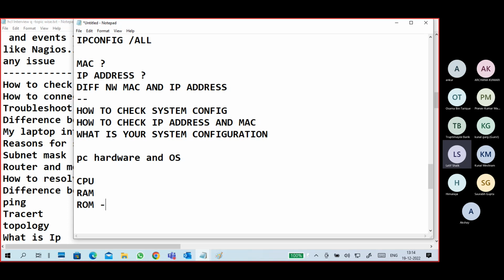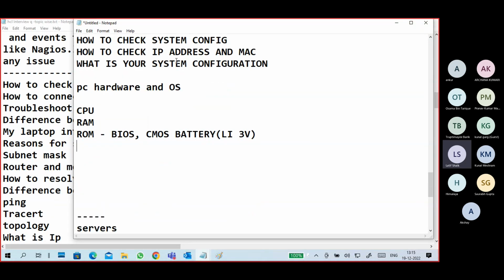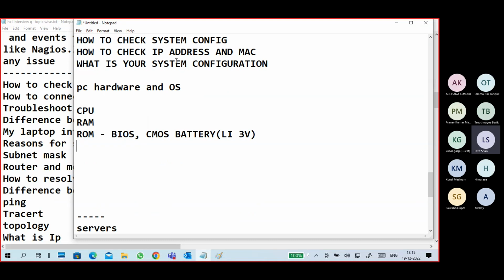ROM means BIOS. What is BIOS? What is CMOS battery, guys? CMOS battery, it is a 3 volt lithium battery. CMOS is a technology to build your chips.